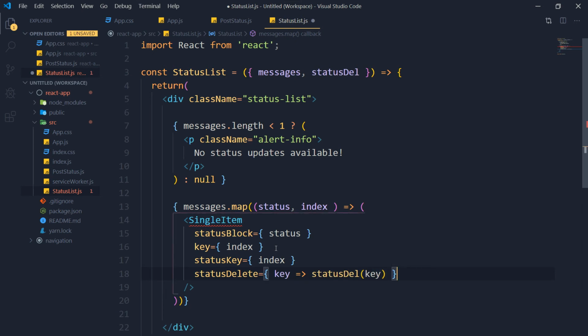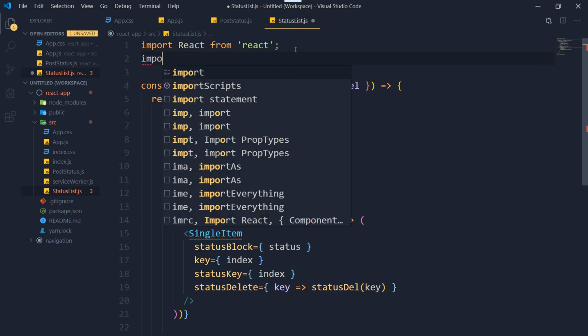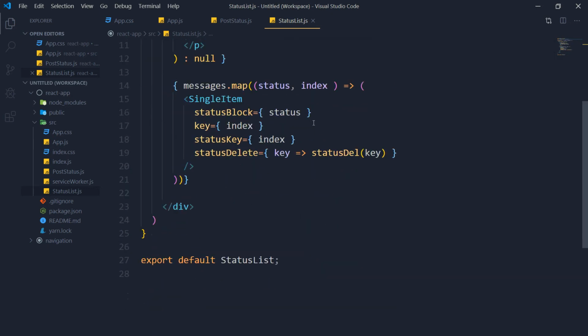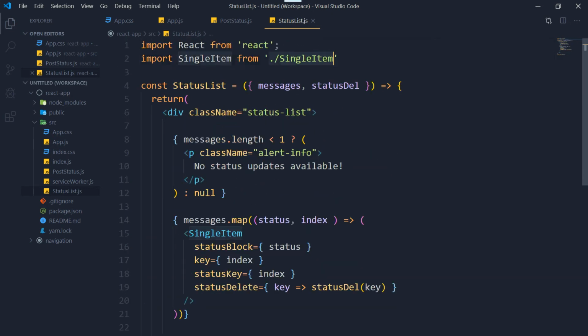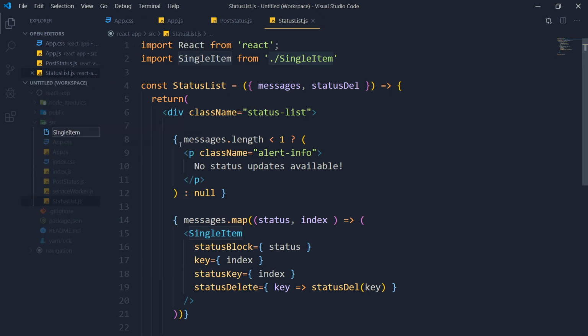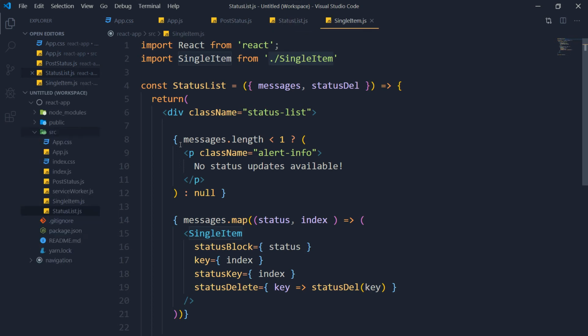So now I will create this component. Import single item from single item. I haven't created it yet, so let's create it. Inside the source, new file, single item.js. This is our single item,